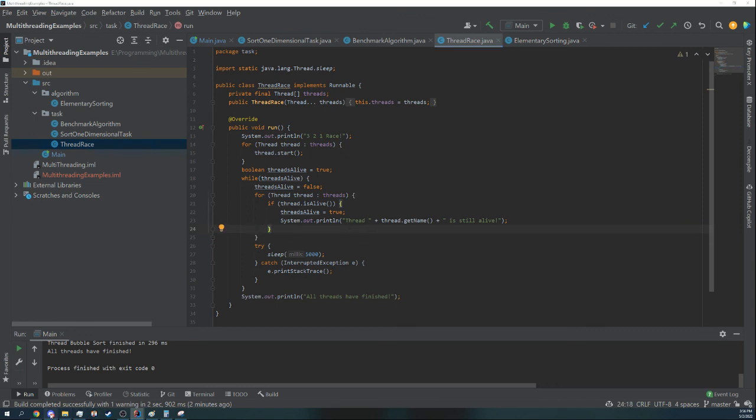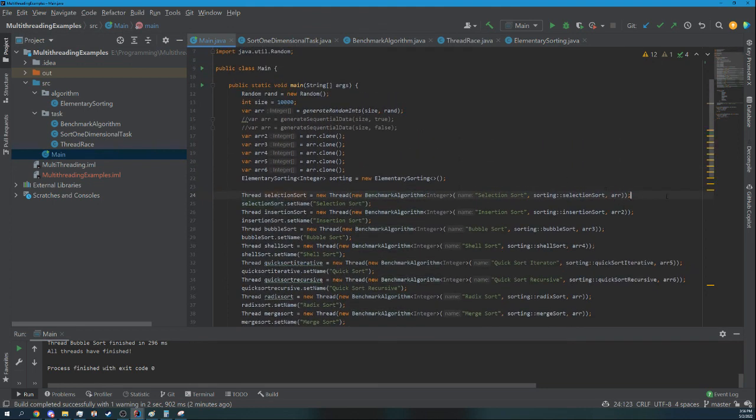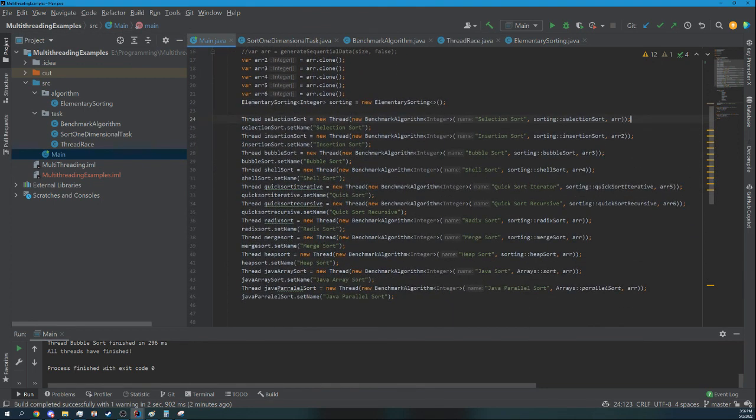If they're still alive, it prints out the name of it. And if all the threads are not alive, then it says all threads are finished and it finishes. My main is essentially just making a bunch of these selection sort algorithms, and you can see this